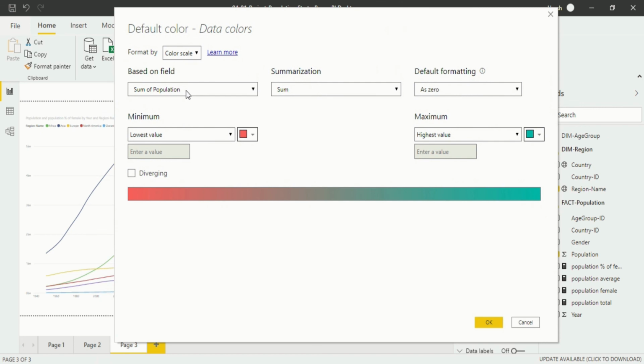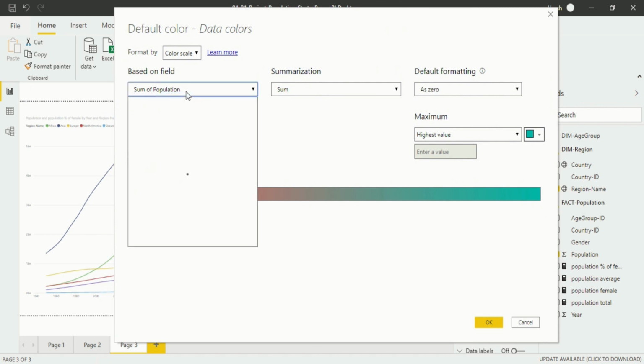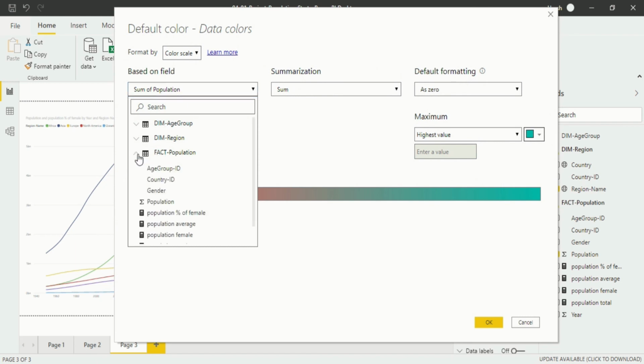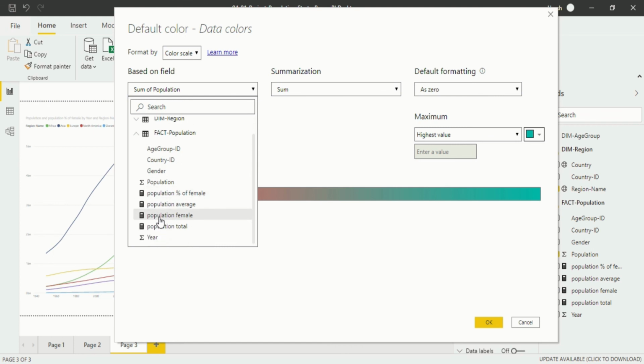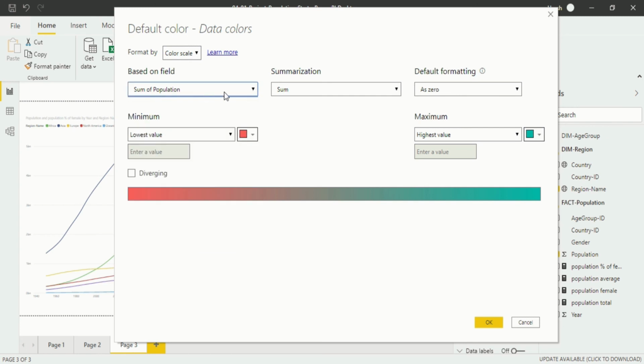So if you want to make any changes, you can do it by clicking in here and you will see all the three tables. And if you highlight any of the fields from this, particularly like population or percent of female, you can do that. For now we are not changing much in this visualization, so we'll use sum of population.